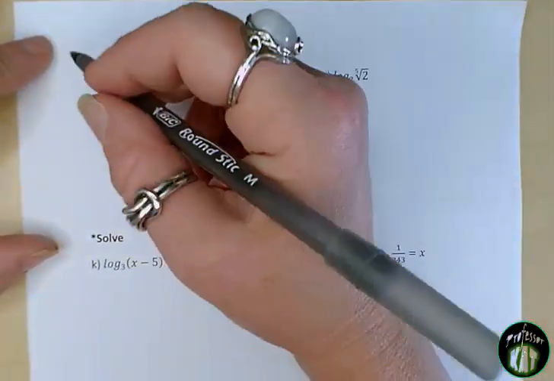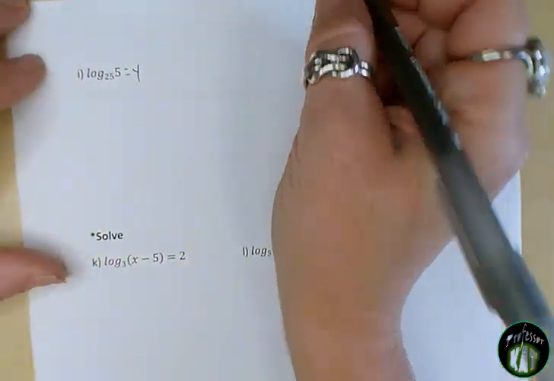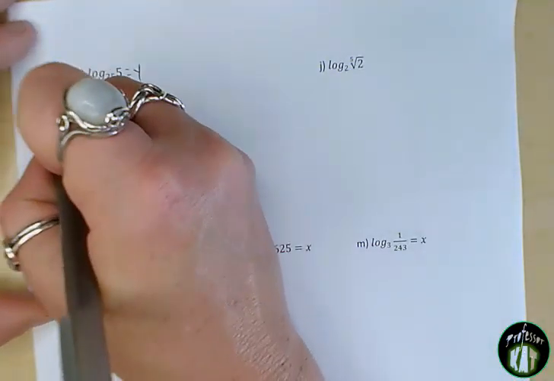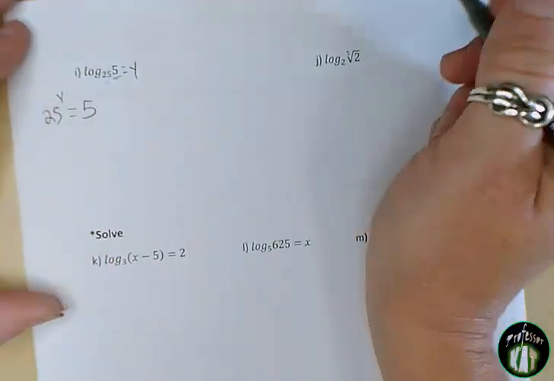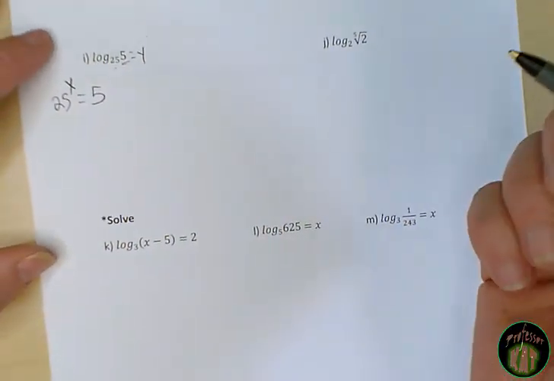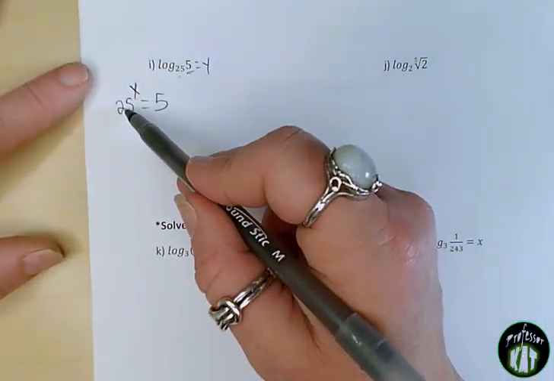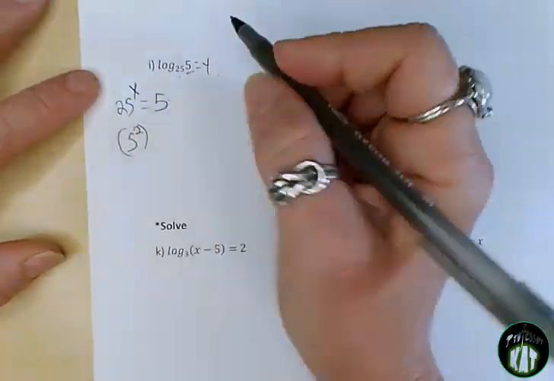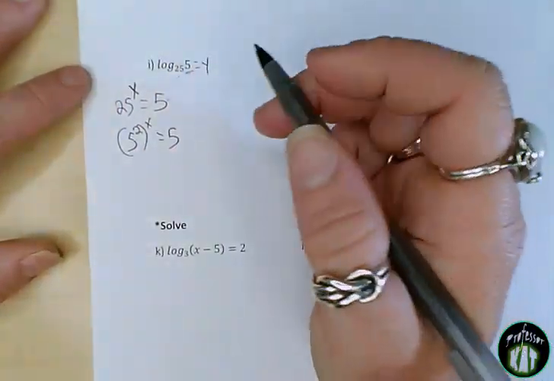Moving right along, here we have log base 25 of 5, and we're going to set that equal to our y so that we can convert this to exponential, which means base, the 25, raised to the y is equal to the x, which is a 5. So we need to figure out 25 to what power is equal to a 5. So we're going to use the same base rule here to help us. It's always easier for the bigger number to go down smaller. And I know that 25 is 5 squared. And I'm going to take that 25, it was raised to the x power,